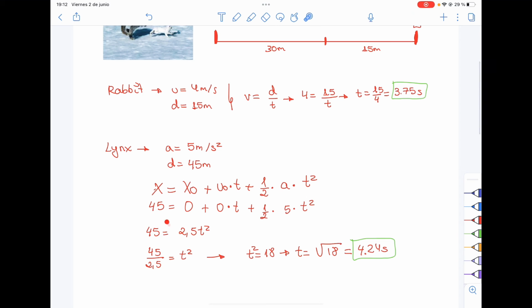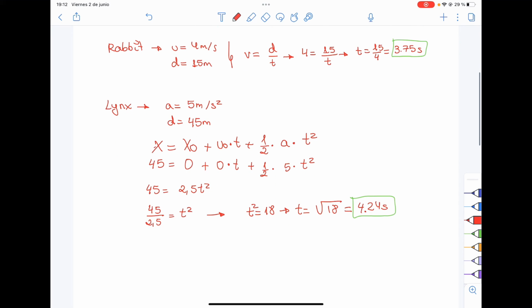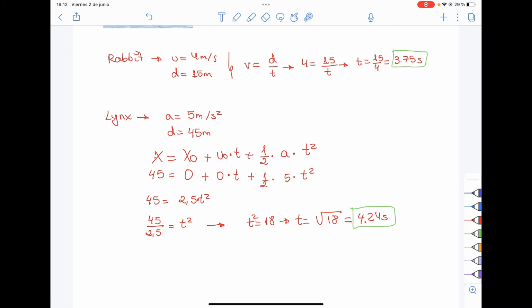Okay, so 45 equals 0, 0, a half times 5 is 2.5, and then t squared. So since 2.5 is multiplying the t squared, I can pass 2.5 to the other side dividing. So 45 over 2.5 is 18. And now I have to do the square root of 18, which is